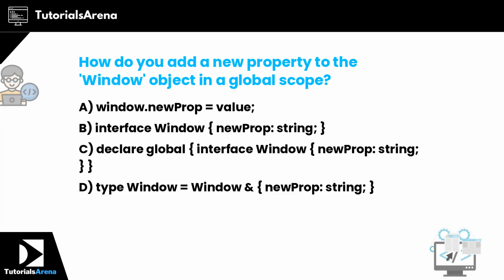How do you add a new property to the window object in a global scope? The correct answer is option C. declare global { interface Window { newProp: string } }